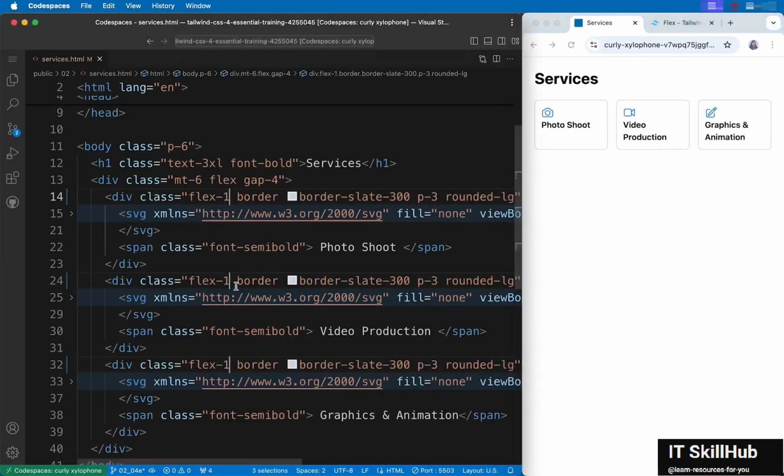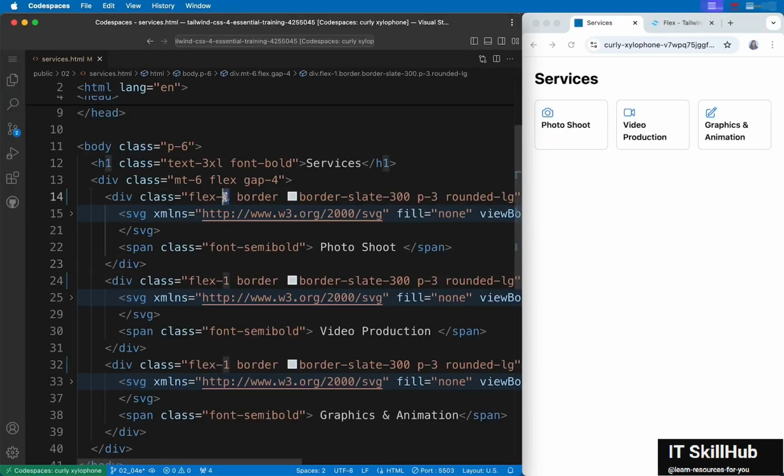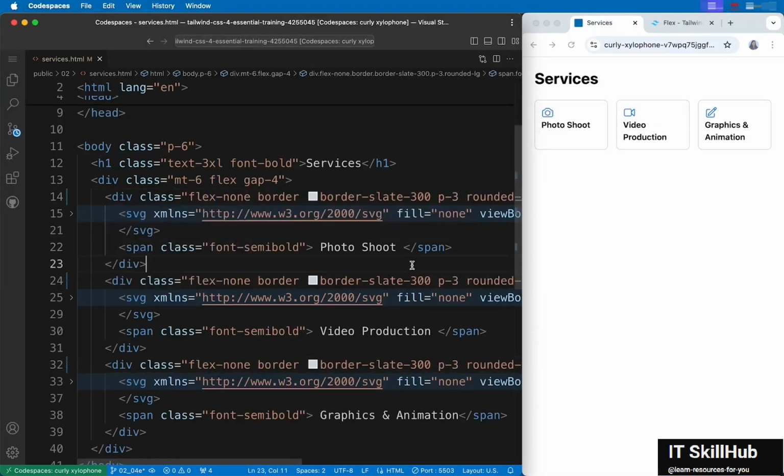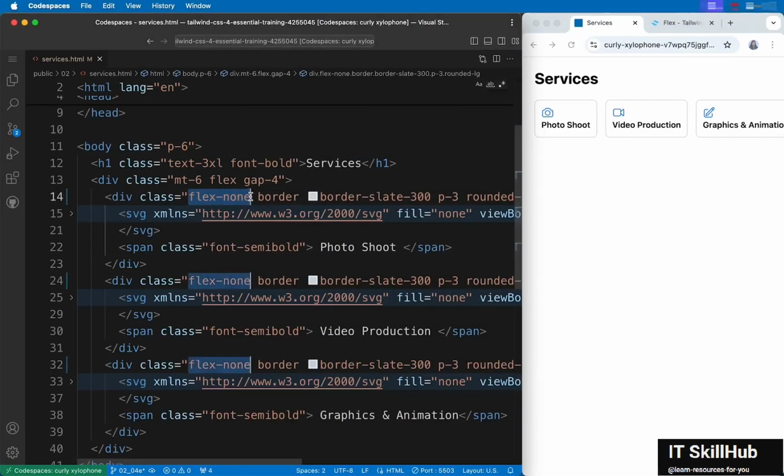You can also do flex 2 instead. So let's say I set the second item to flex 2. Now this occupies 2 times the size of the items with flex 1. This is not there in the documentation, but it works. Alright, let me change this back to flex 1. There's also flex none. So if you set these to flex none, it's not flexible at all. So neither does it shrink, nor does it expand. Okay, I'm setting these back to flex auto now.